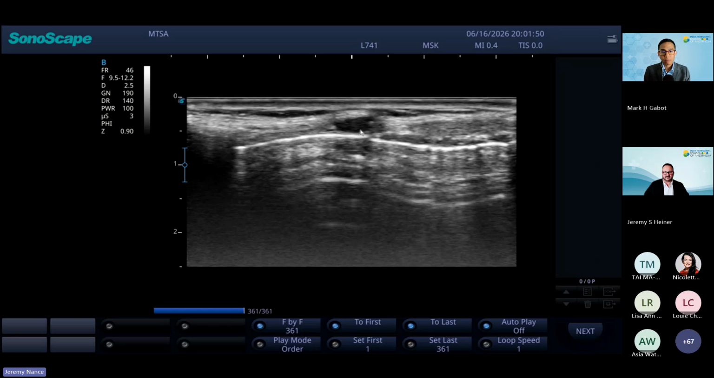We can see the inferior attachment of the cricothyroid membrane, the inferior border of the cricothyroid membrane. We can follow the cricothyroid membrane cephalad. And then here you can see the thyroid cartilage and some acoustic shadowing from that cartilage. So I know this is my superior border and this is my inferior border. Again, if I wanted to mark this in a preoperative area,